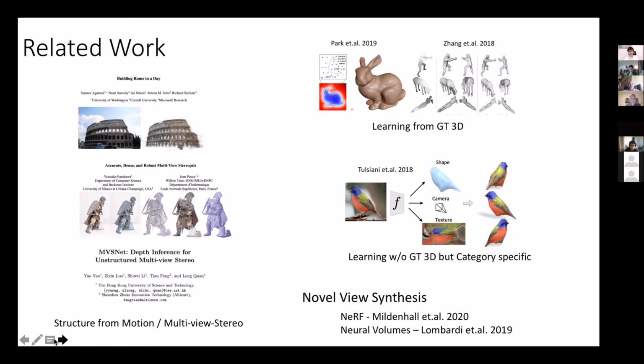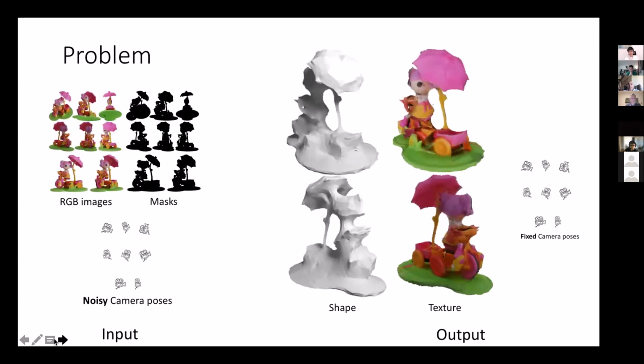Okay, what am I going to talk about? So this is the setting we had. We have images, we have masks, we have noisy cameras, and we want to get at the shape and texture. So if I want to pose this in the classic computer vision terminology from 20 years ago, this would be called the problem of wide baseline stereo, because the cameras can be quite far apart. Normally when you do stereo, the two cameras are very close to each other, which makes the problem much easier. But if you have views which are very far apart from different angles, it's much harder. So that's what was called wide baseline stereo.